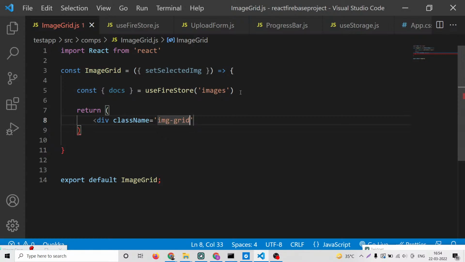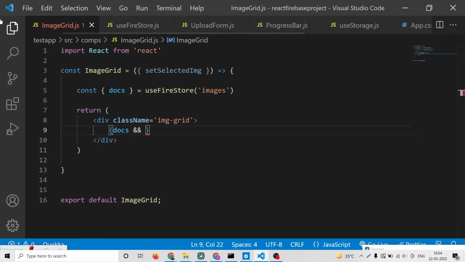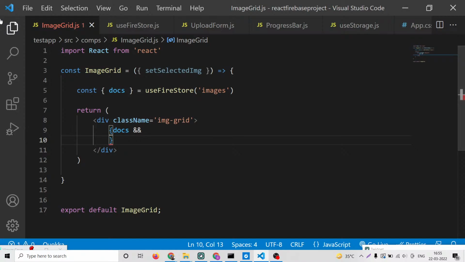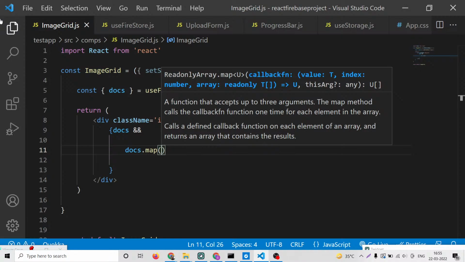All these classes are already styled inside the CSS file. You can just find the styles. And here we are checking if the docs are set. Then we will use the map operator,